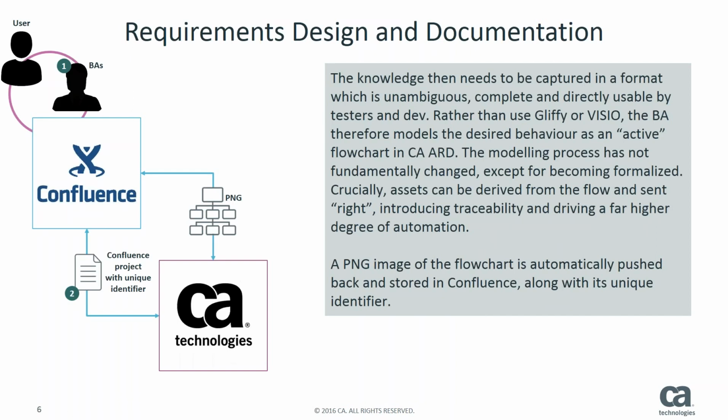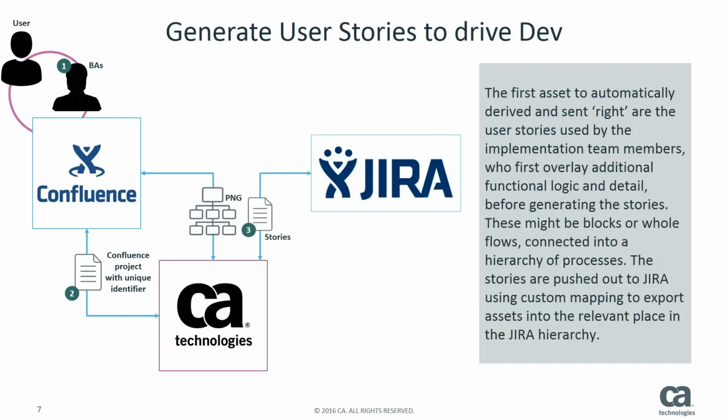It allows them to create models of what the system is supposed to do. Those assets that they work backwards and forwards, and it's almost like a cooperation or collaboration tool, would then end up back in Confluence. So we would actually create images or test cases or user stories and put them back in. Next thing that happens is that the Confluence ID would then be passed into JIRA,